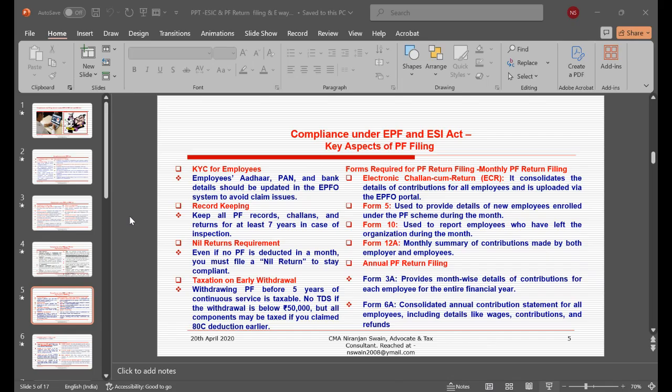That is your sickness benefit, and maternity benefit, and medical care, and even those who become disabled. There is also a monthly payment given to them. So a lot of benefits are there, and we have to comply under the provisions. And while you are going for the purpose of filing the return, again I am saying, the facilities are available in the website,